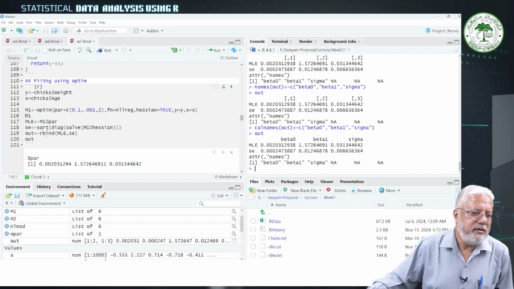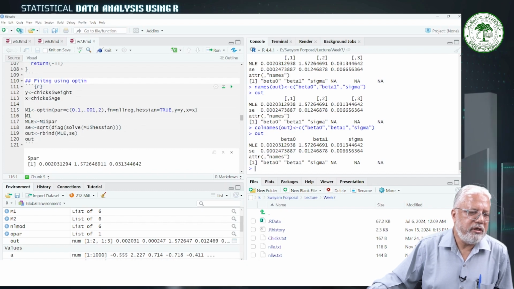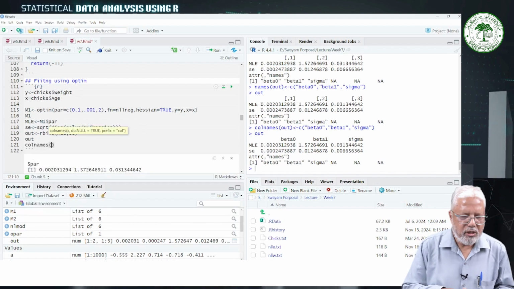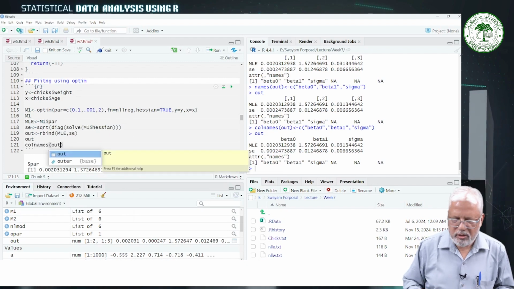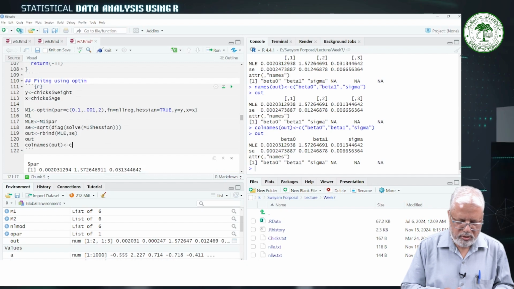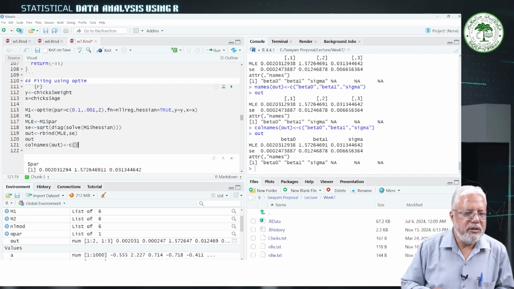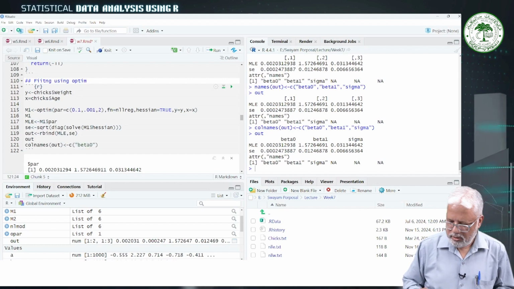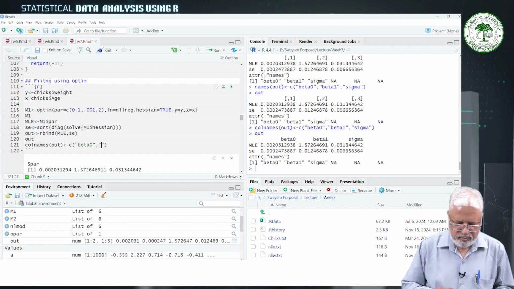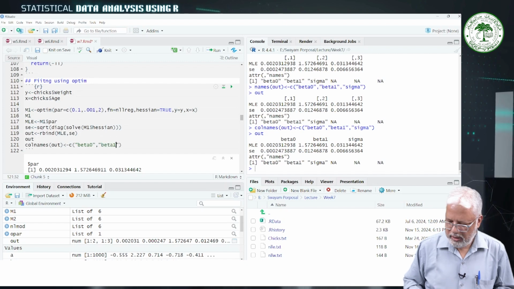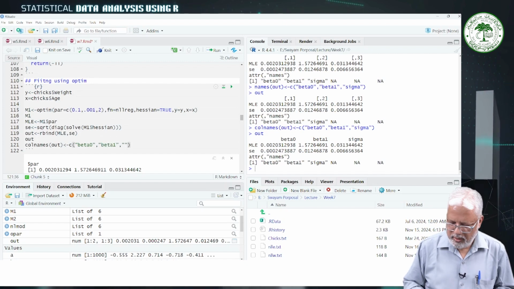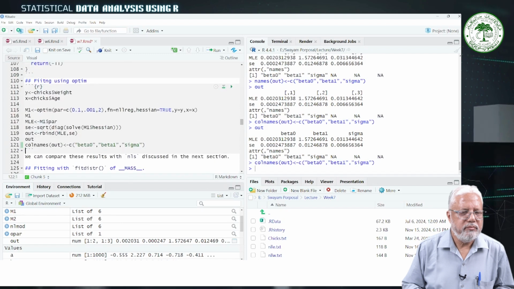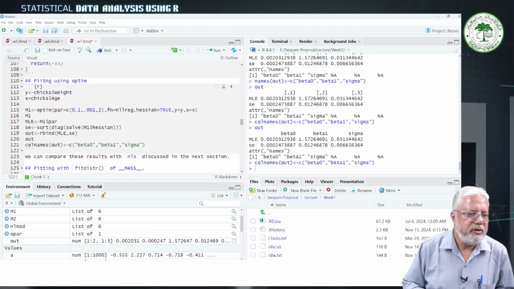So here we can add out, and after that out we can have colnames out is equal to C. Inside this we have to write beta 0, then beta 1 and then sigma. So we have changed the names, column names, and then